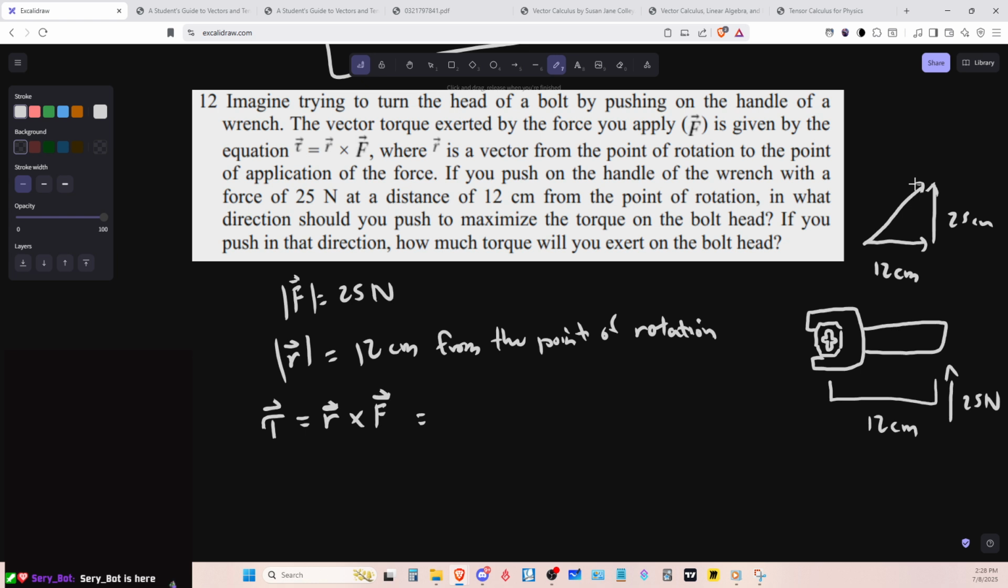Okay, so let's just say it's like two-dimensional. So we have I and J here. So for the J side, we'll just have 12 here, and then we'll have 0 here. And then for the force,